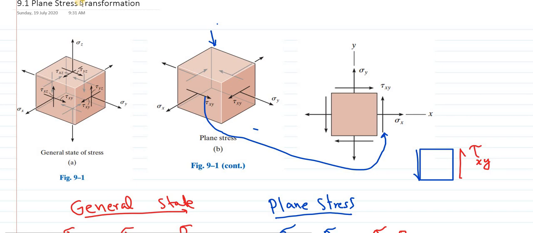And now if you see, subjected to these forces alone, the element is not in equilibrium. In fact, they have a tendency to rotate the element in this direction. So there must be some counteracting pair of loading that can counter this moment tendency. So the countering moment tendency must be in this direction. So that will be produced if you have a pair of complementary shear stresses acting in these directions.